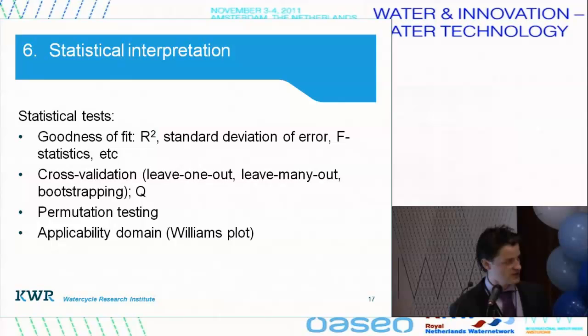And the last part is the applicability domain, which tells you if a chemical is applicable: you look at the different descriptors, which have a certain range, and check whether a new chemical is within that range or not. I will show that with a plot later on.